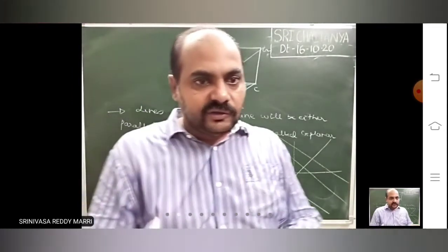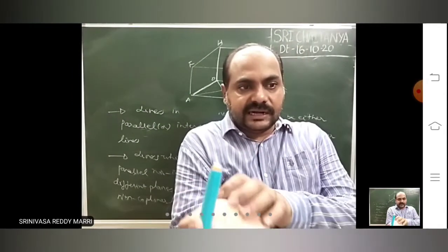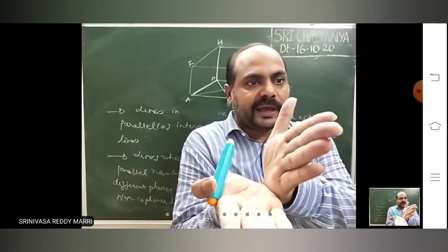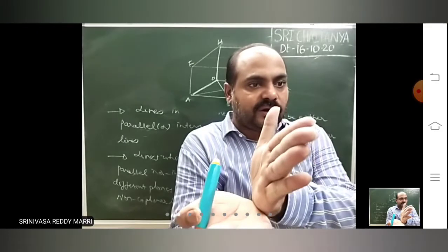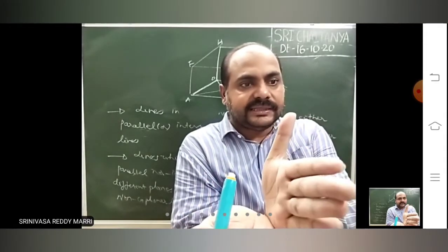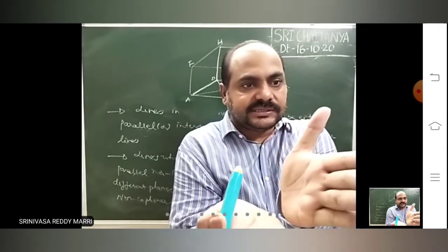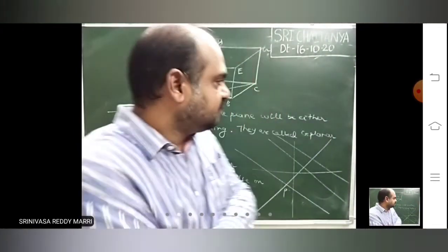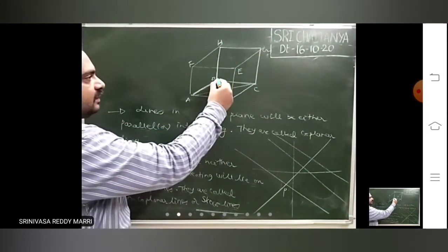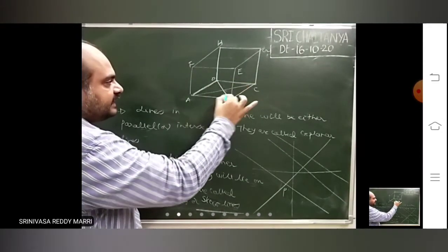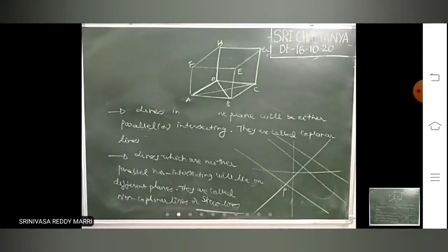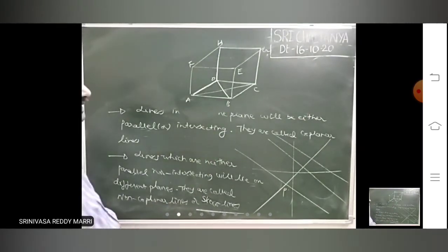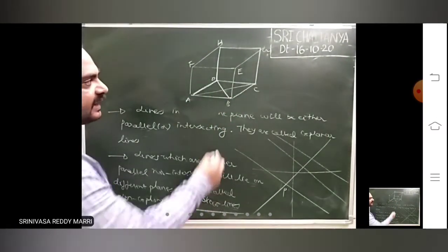What you do is, your paper is there like this. Just like this, one more paper, a book, you put like this. So this is the ground face and this is what I am telling about, the back face, right? So look at here. On this paper you draw the diagonals like this. These are lying in the same plane. So are they intersecting or not? They are intersecting, right? These two diagonals are nothing but coplanar lines.